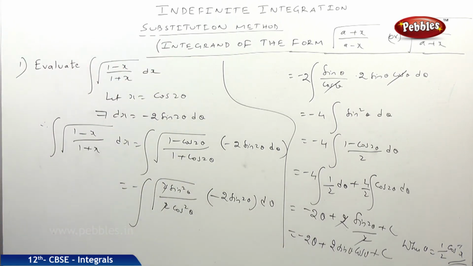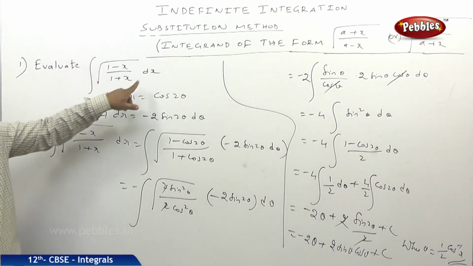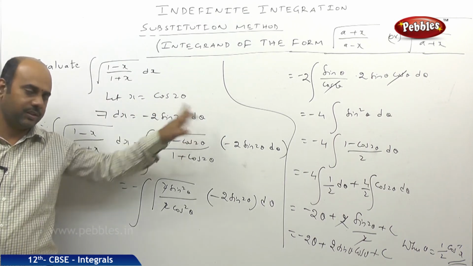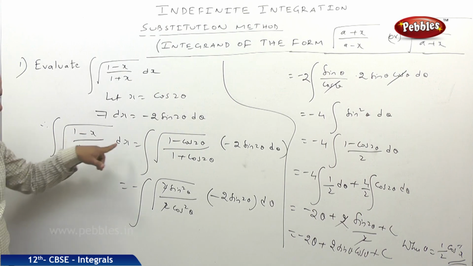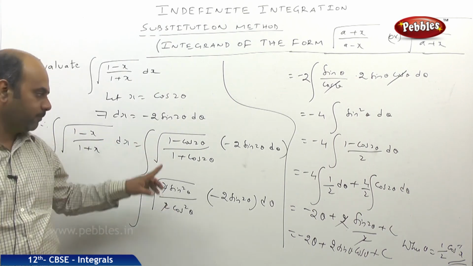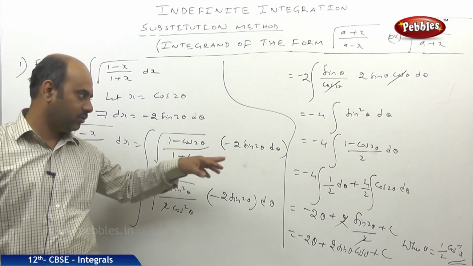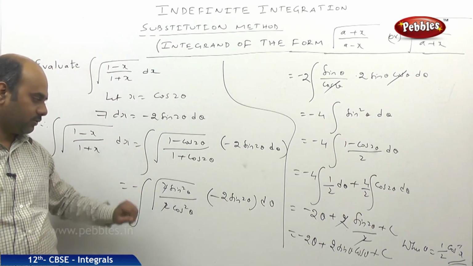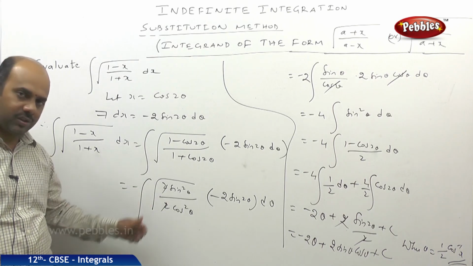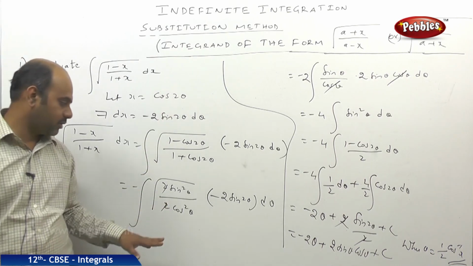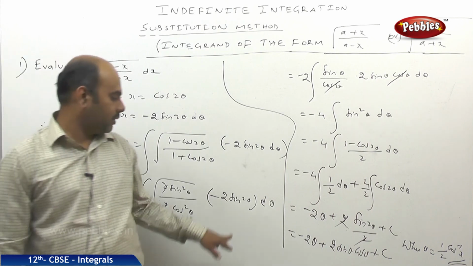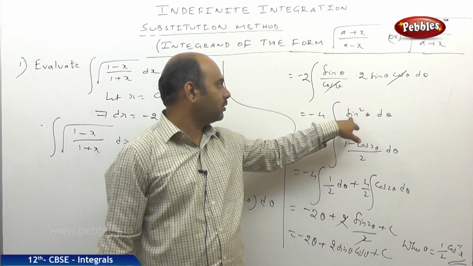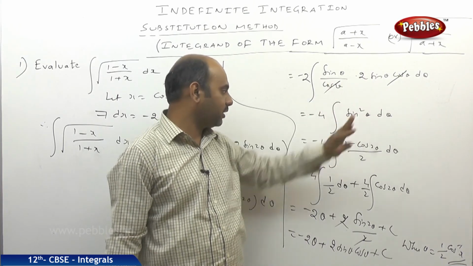So it is enough. Once again I am explaining. Evaluate integral of under root of (1 minus x) by (1 plus x) dx. Put x is equal to cos 2 theta, dx is equal to minus 2 sin 2 theta d theta. Under root of (1 minus x) by (1 plus x) dx is equal to under root of (1 minus cos 2 theta) by (1 plus cos 2 theta) into minus 2 sin 2 theta d theta. So under root of this becomes 2 sin square theta by 2 cos square theta, because I said a formula, I explained also. 2 will get cancelled, but sin 2 theta can be written as 2 sin theta cos theta, which cancels. So sin square theta, 2 comes outside, meaning minus 4 sin square theta.